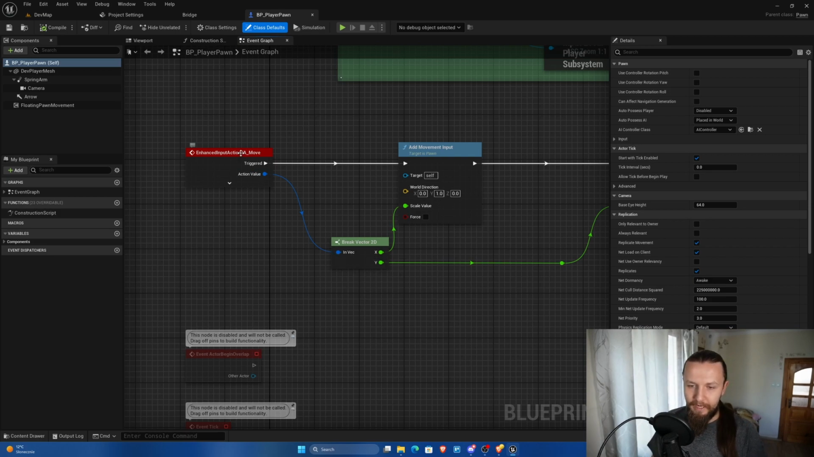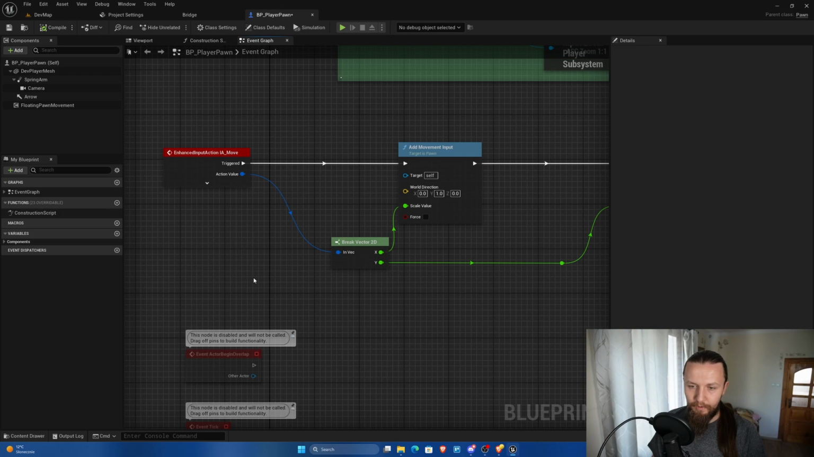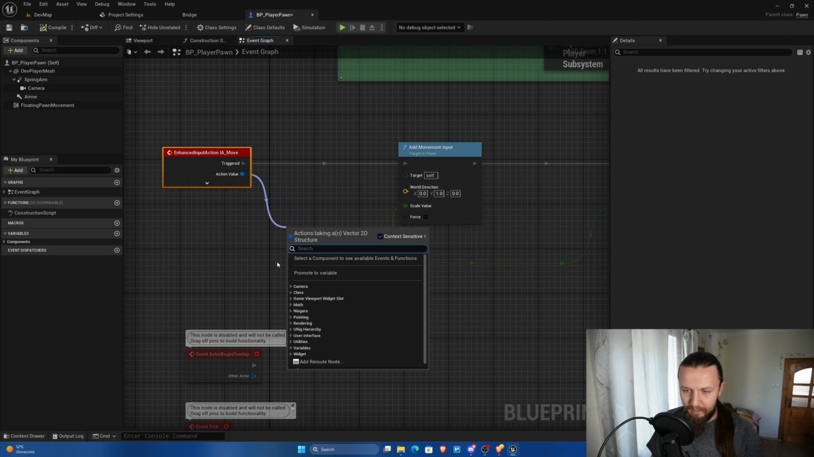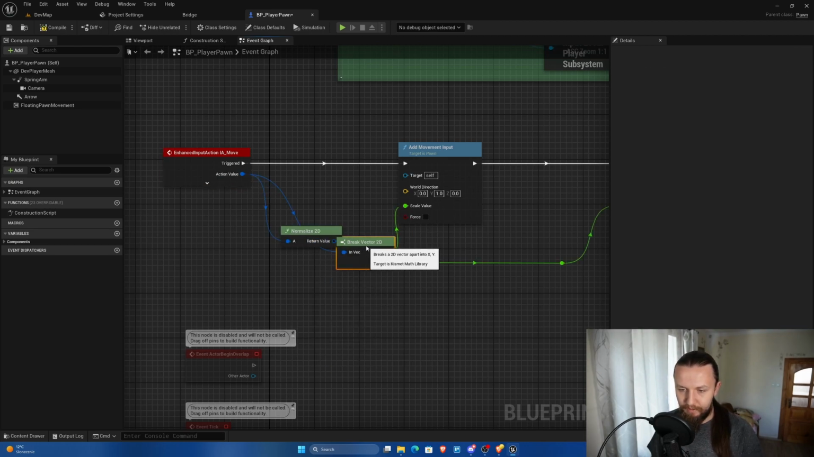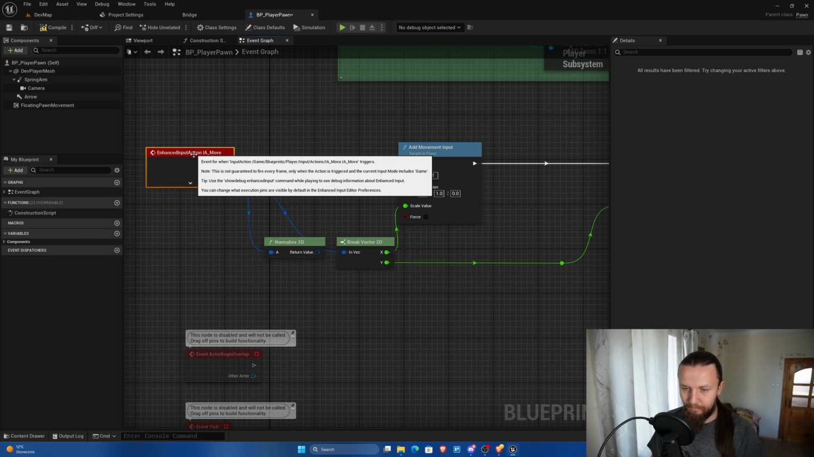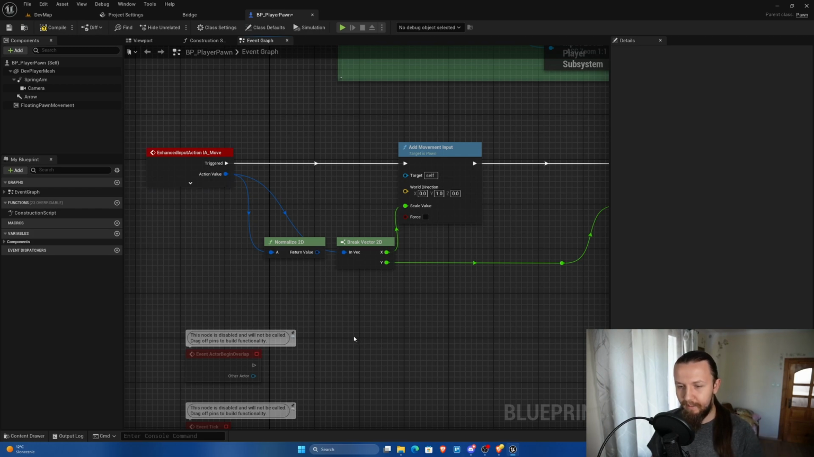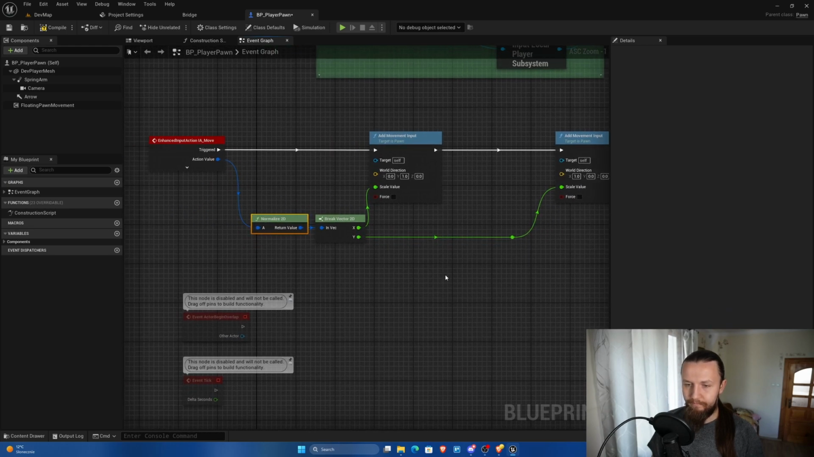So in order to do that, we have to do the normalization. And right now, when we have the action value, we have a Vector 2D. And when we try to make a new node from it, we can look for Normalize 2D. And this function normalizes the vector for us. We don't have to do the normalization ourselves. So with this fix, we just add this node to this one, we connect it, and that's it. This is the job that we had to do